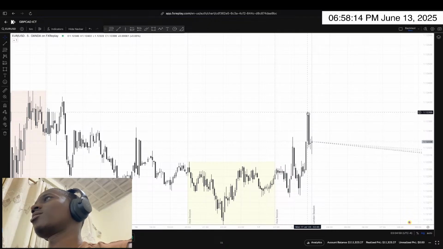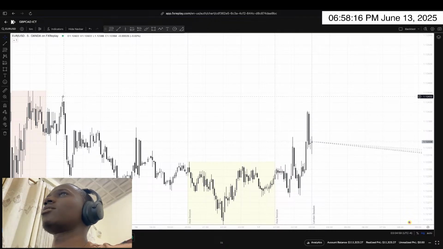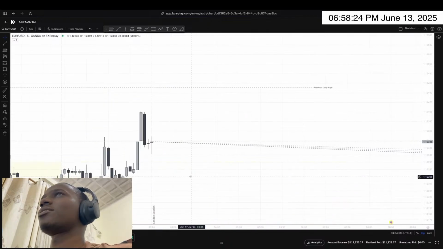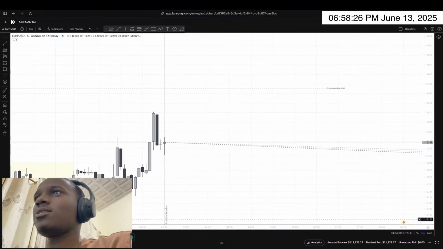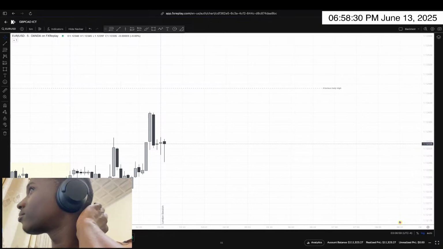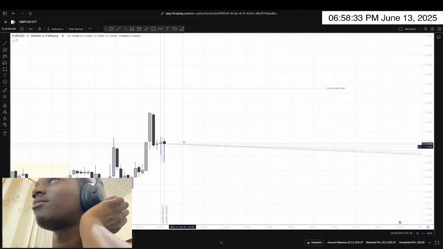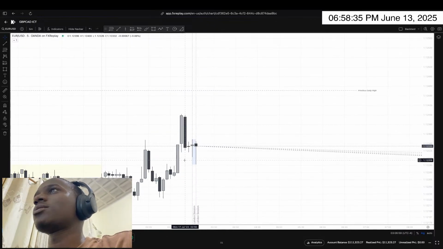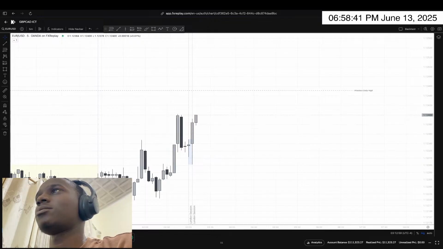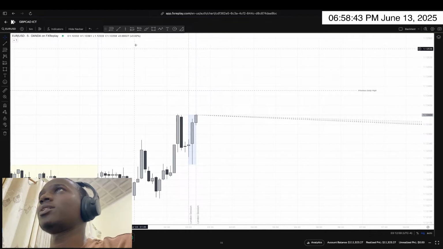So okay, this will be this high, and this high. Considering the previous day high is right there, which means we might target the previous day high depending on what this candle shows us. So let's go slowly and see. You can see that we're rejecting this fair value gap, which means that will be my entry. I think this will be my entry. Rejection on this gap. Yeah, since we're rejecting this fair value gap,